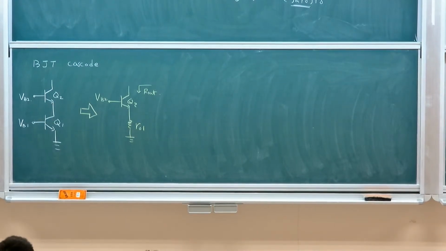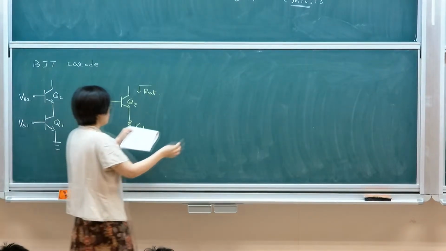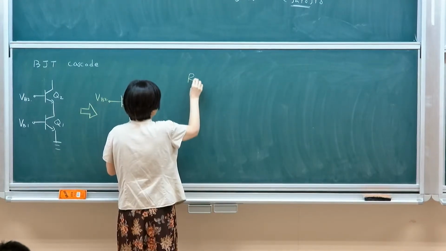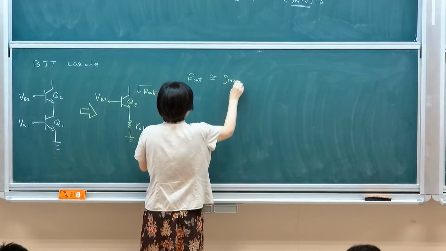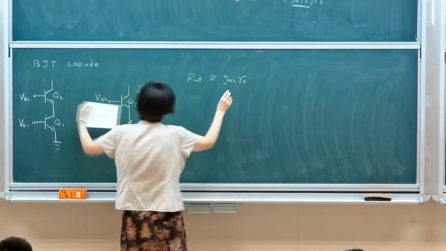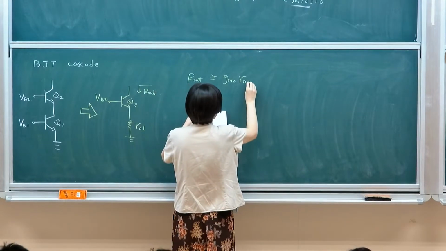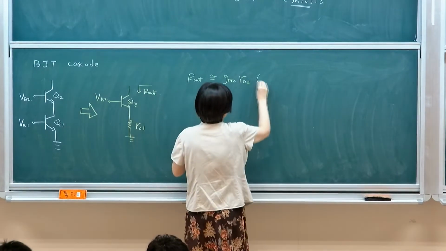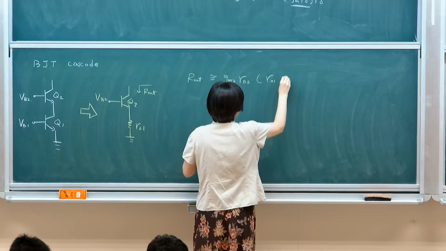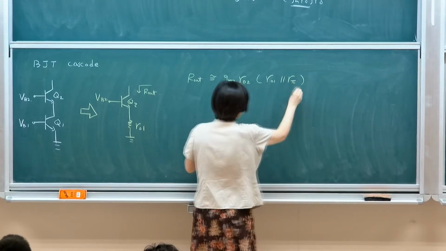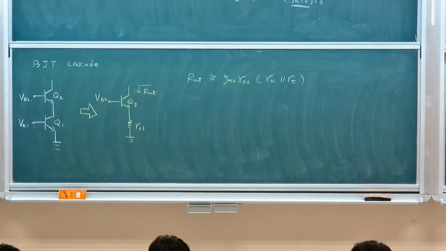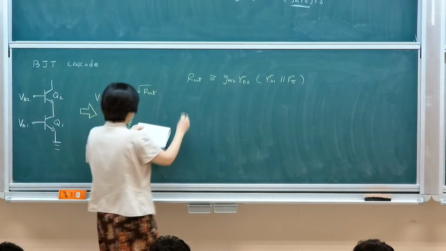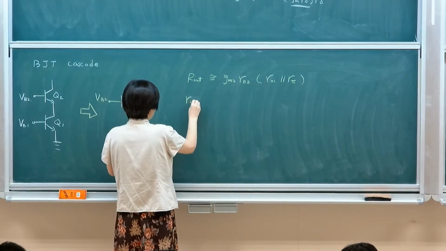So you go back and check the equation. I'm using an already simplified version. RL is approximately GM2 RO2, because it's the second M2 transistor, times RO1 in parallel with RPi. And we know that in this case, RO2,